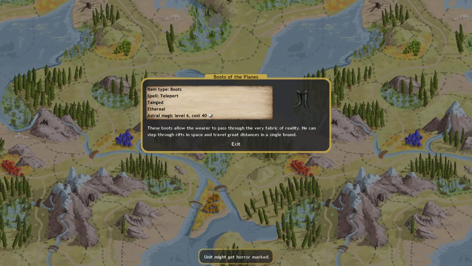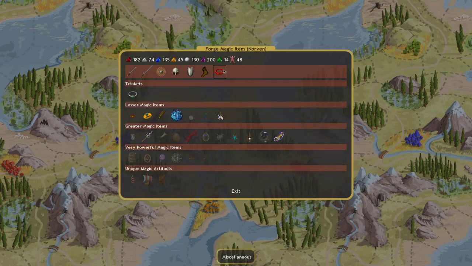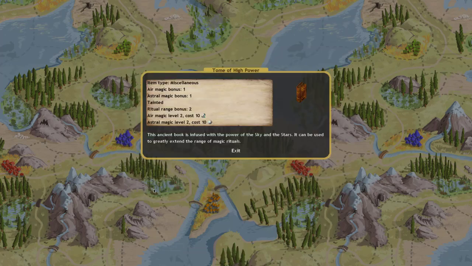These are tainted, so these have a very high chance. I don't remember a lot of these chances, because it's been a long time since I went to Construction 8. Well... That's kind of a lie, actually, in my max player game, so it's really only been a couple weeks. But generally, you don't really look at most of the gear down here, because a lot of it is pretty much crap. Tome of High Power, Air Magic, and Astral Magic, but again, it's going to go ahead